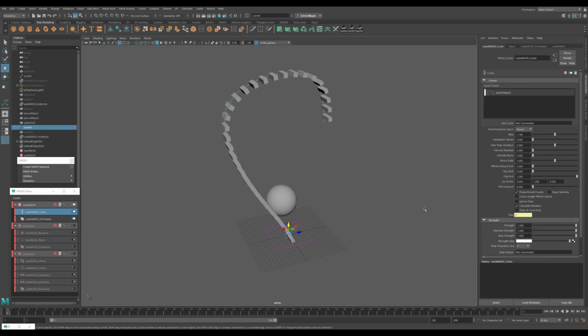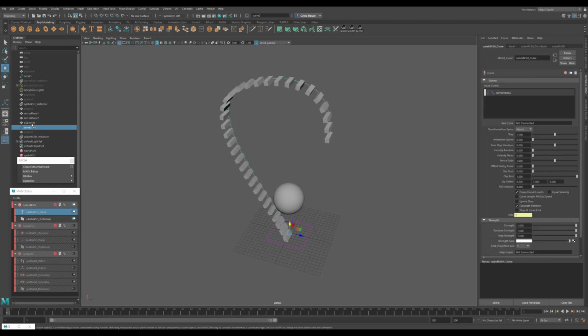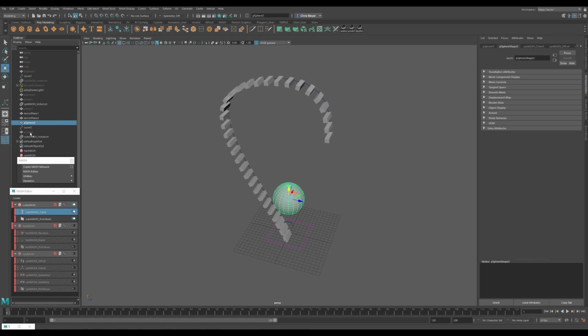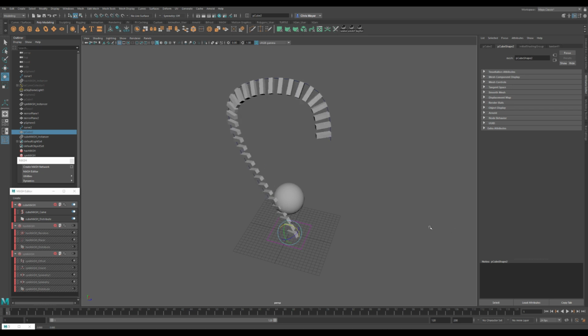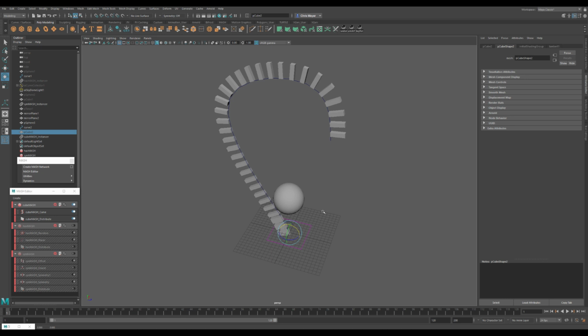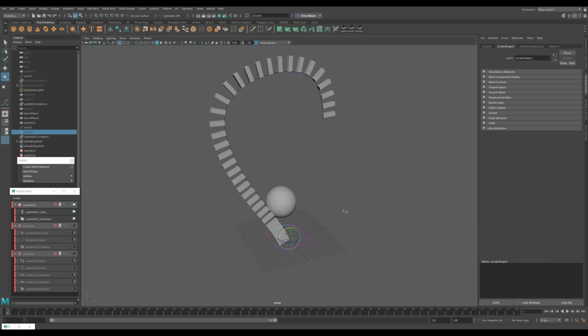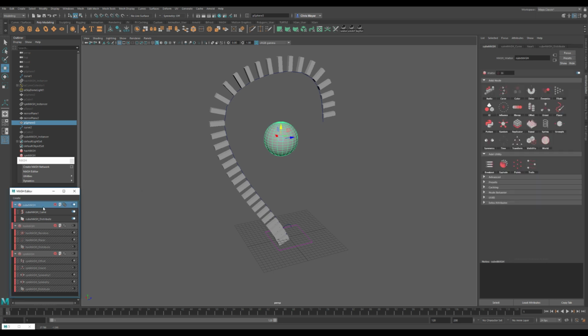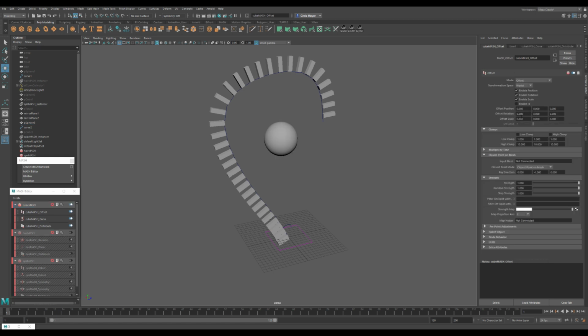I believe if we rotate our P cube 2, we can change its orientation. So we can point them all in, we can point them all out, which I think is the way I want to go with this. Yeah, so let's stick with that and go to another offset node